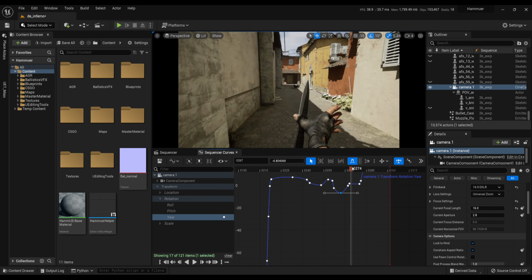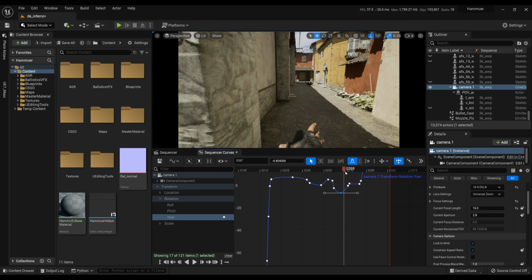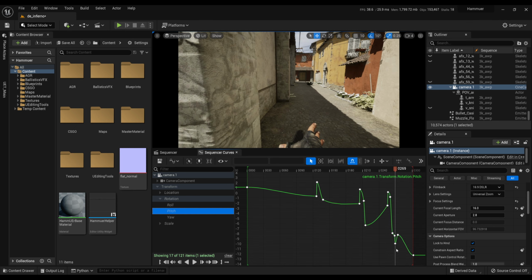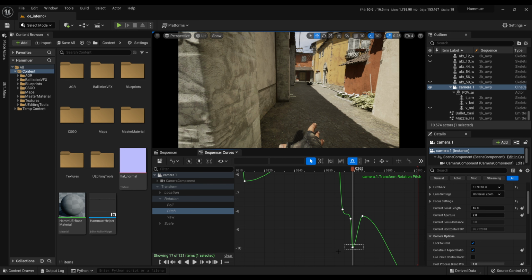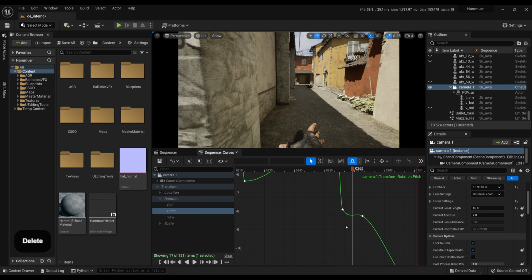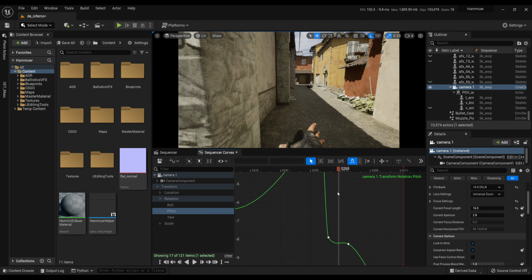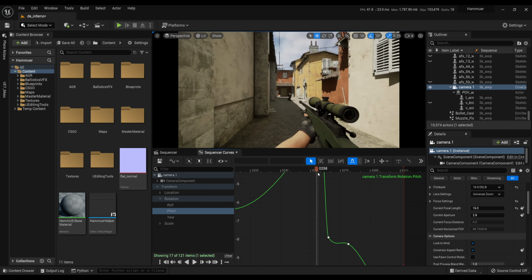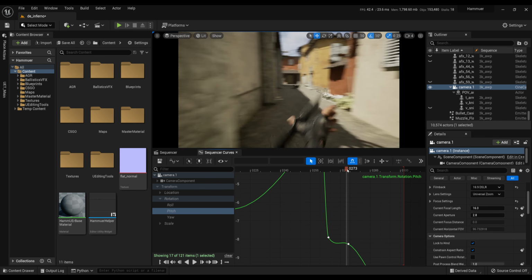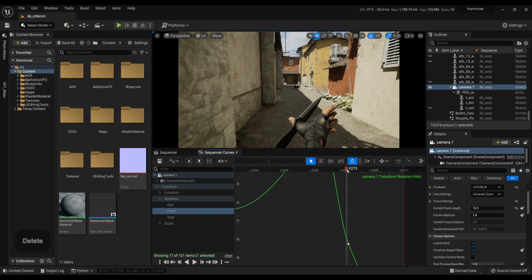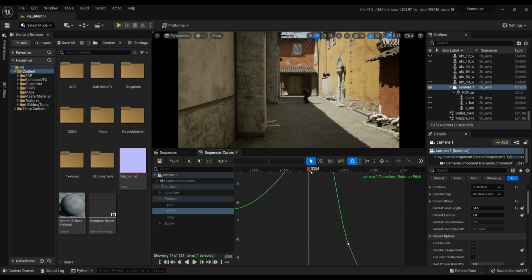Also, I need to fix pitch. Don't be afraid to manipulate your curves.